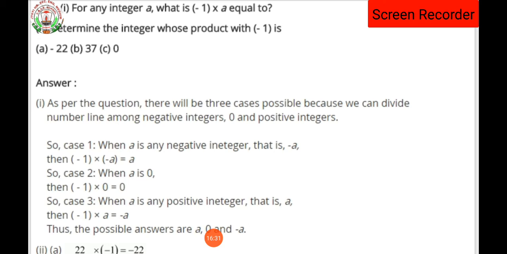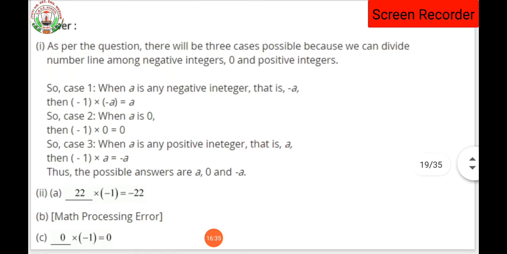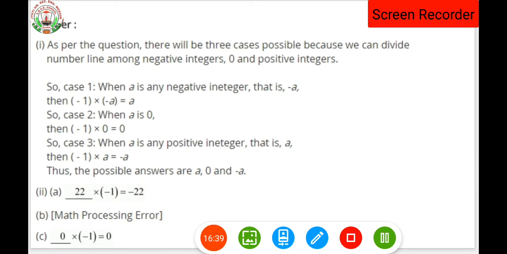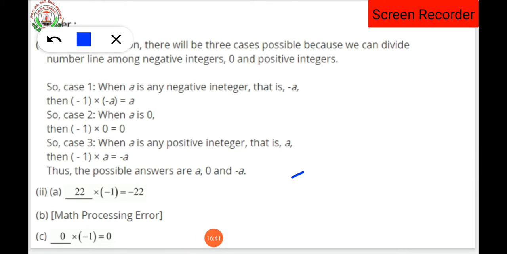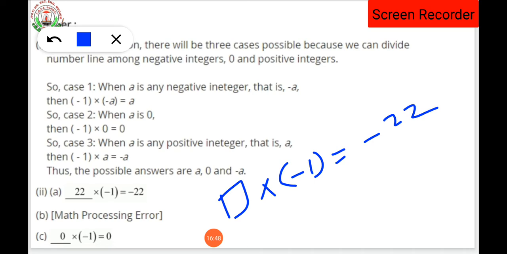Now the next, determine the integer whose product is. It's a very simple one. That means by which number you have to multiply to get the answer. Minus 1 will be multiplied by which number to get the answer minus 22? Okay, so that answer is obviously 22. Plus 22 will be multiplied with minus 1 to get the answer minus 22. In the same way,